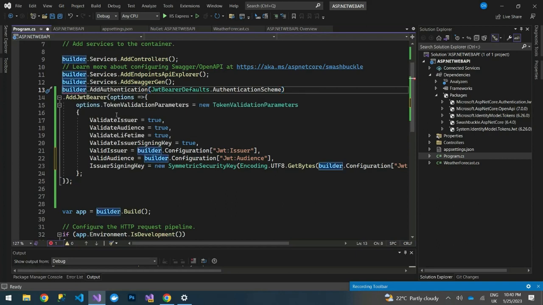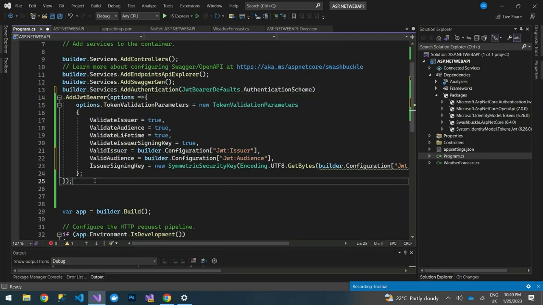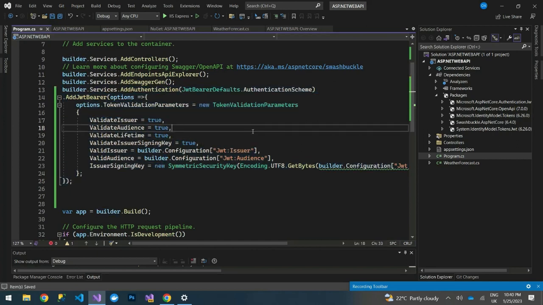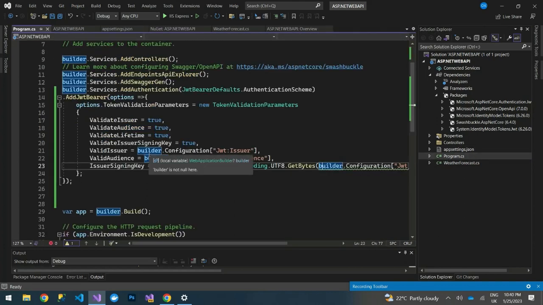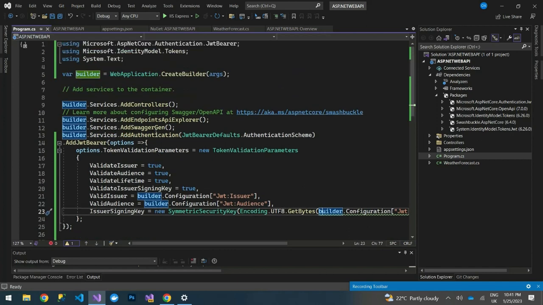So we are doing the services. Yeah, that's fine. So this is what we need. All these values are being found from the app settings. Remember what we had set up. So the next thing that we need to add, we add